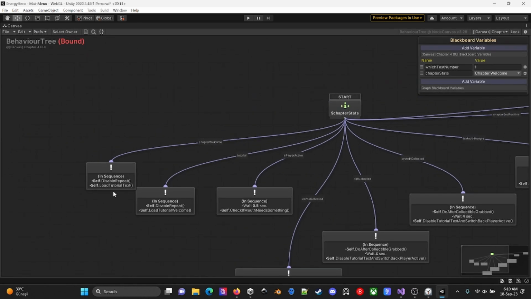When the sections are finished for the chapter welcome section, the behavior tree's state just changes from chapter welcome to tutorial. And when the tutorial section is called, it just bypasses into the is player active state.